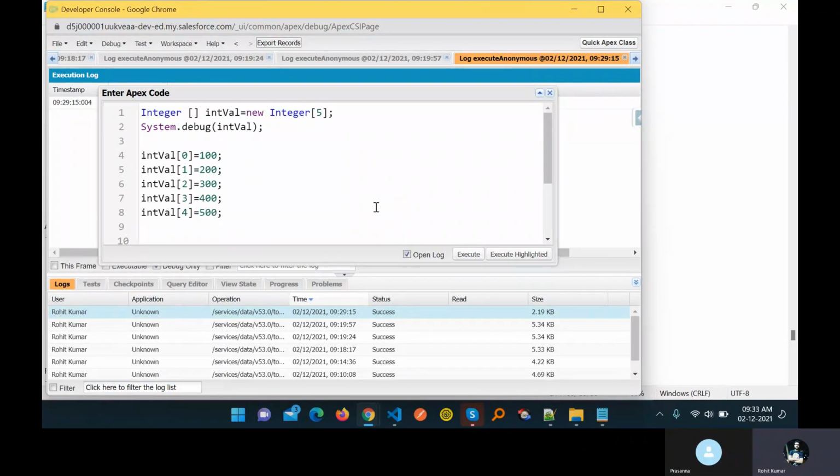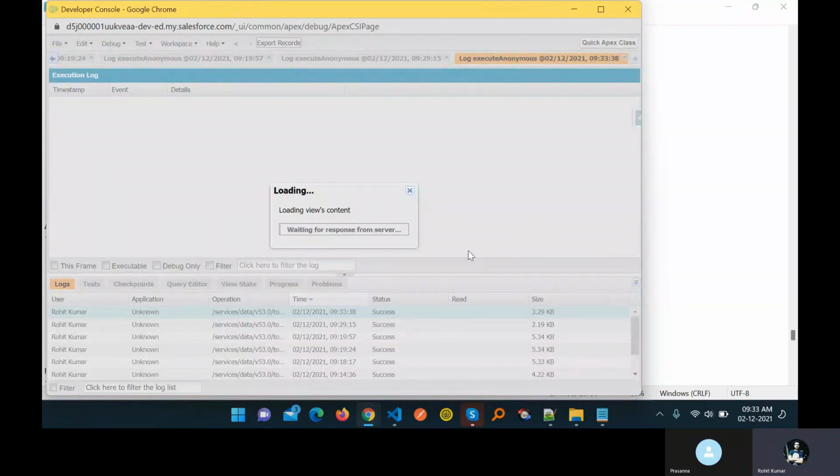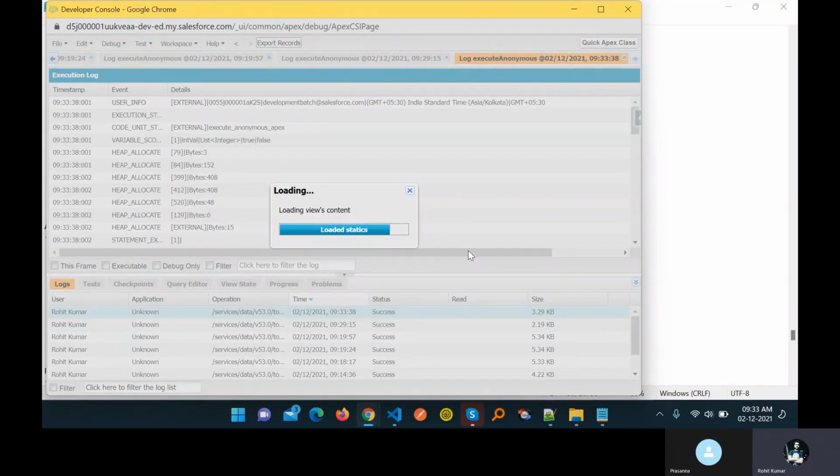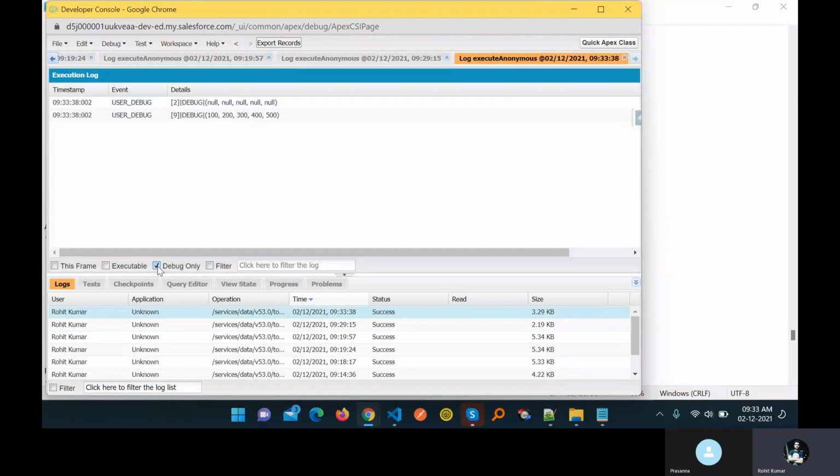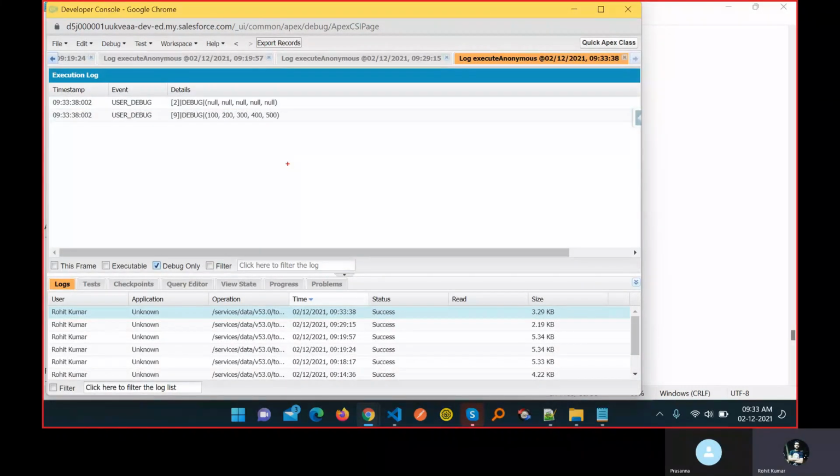After that, how to print it? You can print this statement after this one, and you can see the first is null. After that you can see all the elements in a single group, right? Just click on debug only, and you can see all the elements instead of null. Here you can see null because I didn't initialize any value before, and after initializing the values you can see 100, 200, 300, something like that, right? Is it clear for you? Yes, it's clear. So this is the way to initialize the value.